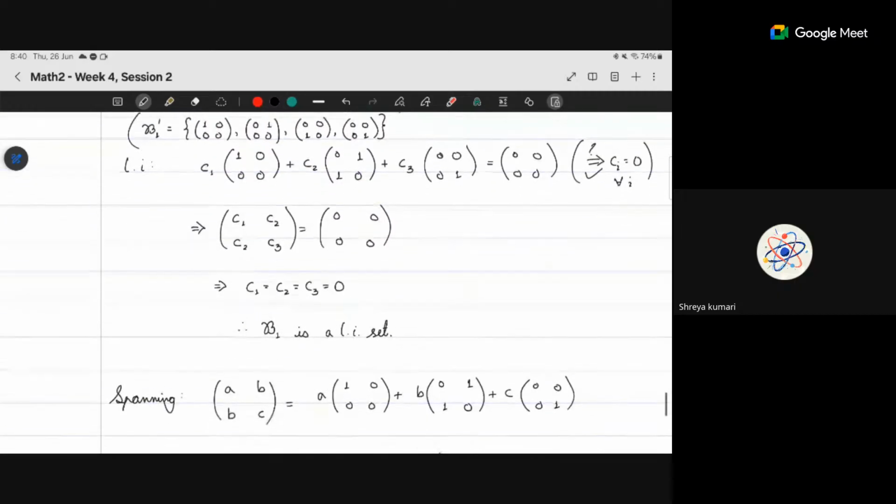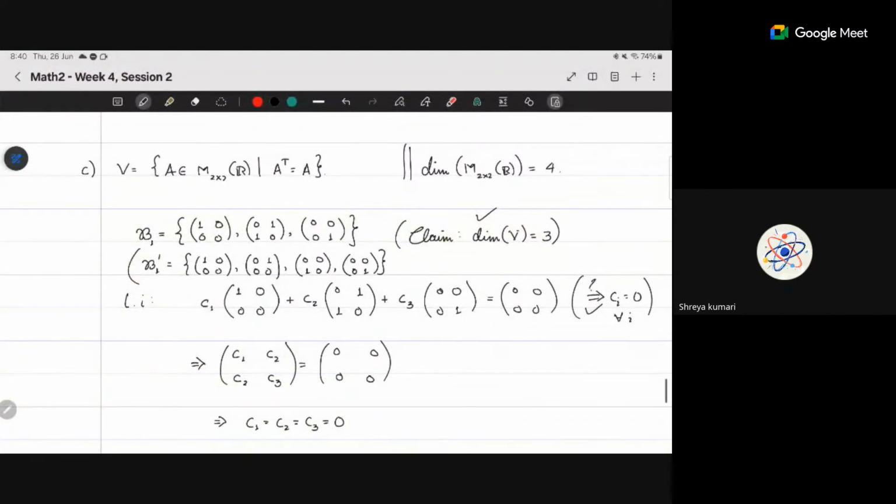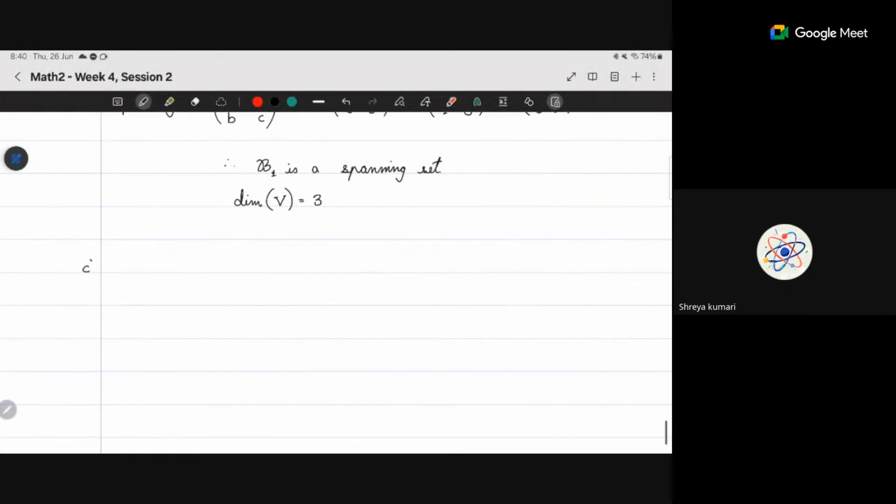The rigorous proof is that you actually explicitly construct a 3-element set. But if you want to understand it intuitively, increasing the number of conditions decreases the dimension of the subspace that you consider. Here there is one condition which imposes a restriction on one of the elements. So from a 4-dimensional set, you will lose 1 dimension to get this. I won't spend too much time on this, but symmetric matrices